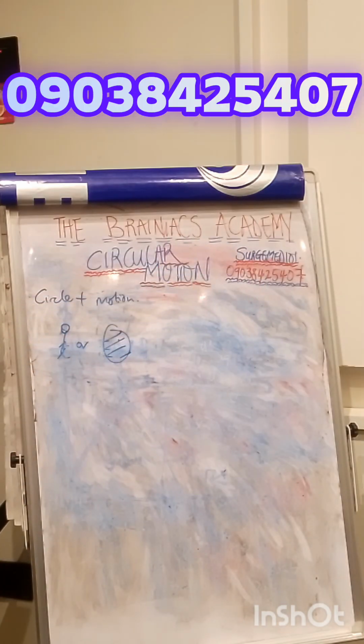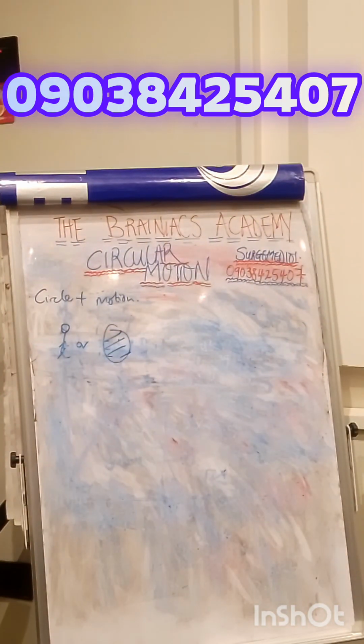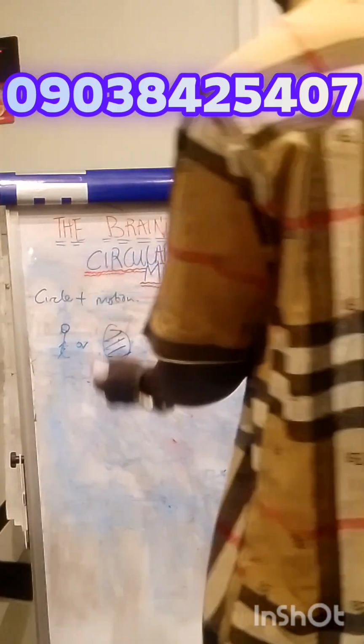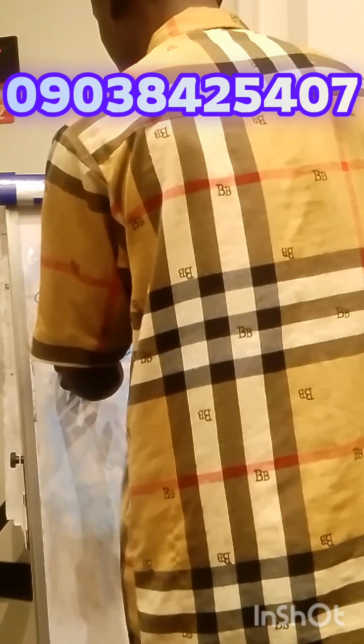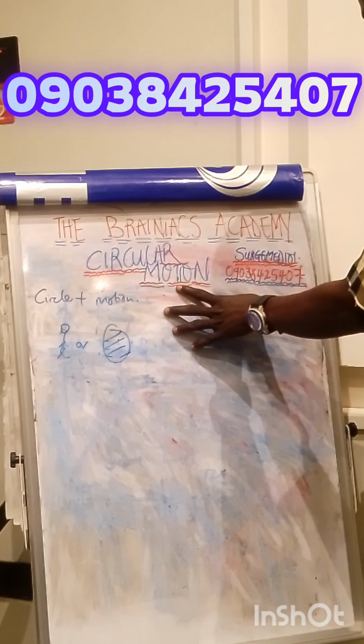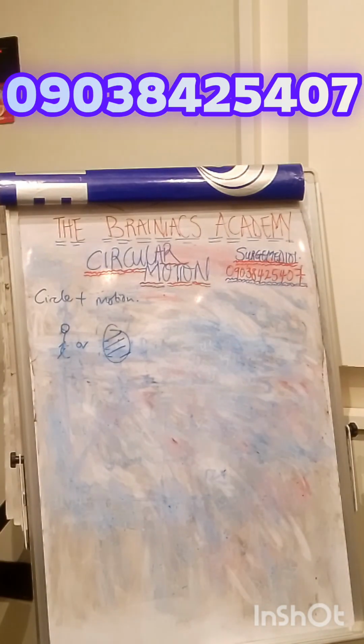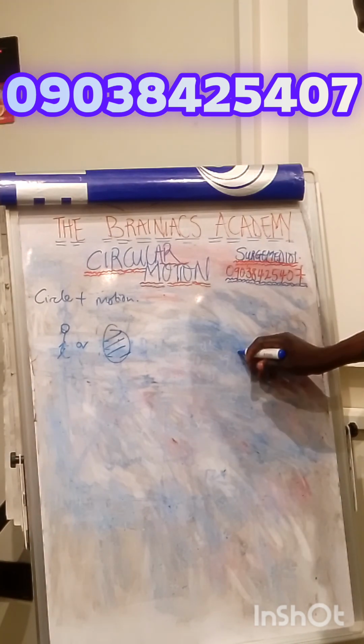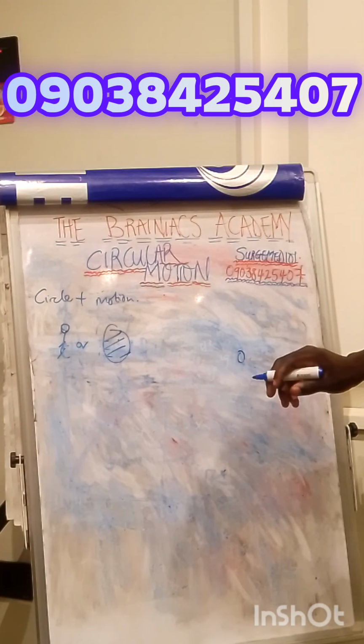Are you with me? The motion of a body or an object along a circular path is what is referred to as circular motion. And you have simple examples under it, where you have a rotating fan,